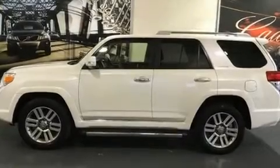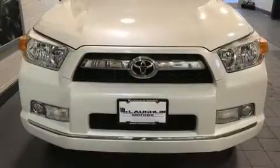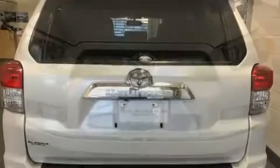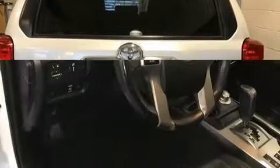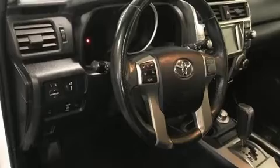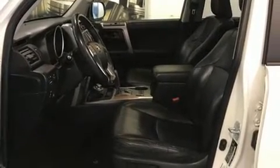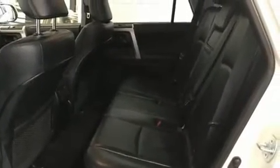Come test drive this 2013 Toyota 4Runner. It features an automatic transmission, four-wheel drive, and a 4-liter 6-cylinder engine. Top features include front fog lights, a power seat, heated door mirrors, remote keyless entry, a trailer hitch, and a split folding rear seat. Features such as automatic climate control and leather upholstery prove that economical transportation does not need